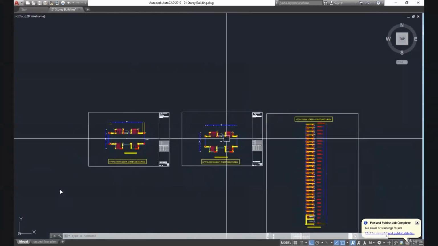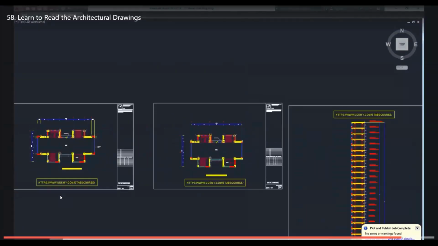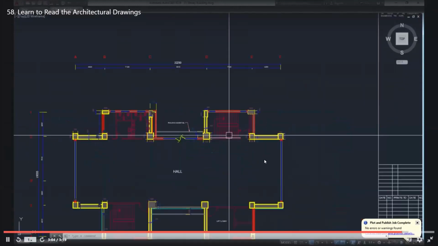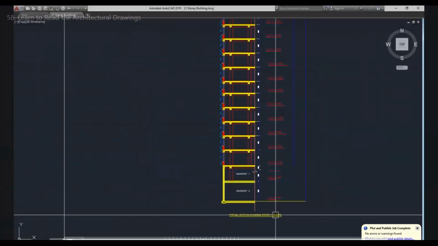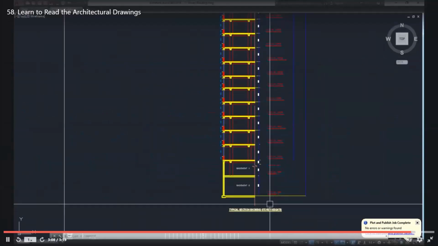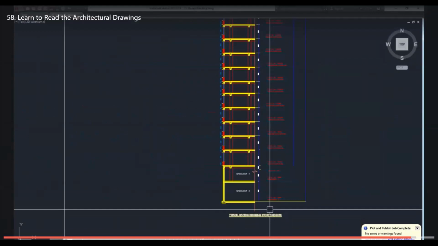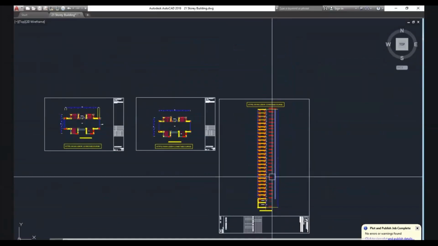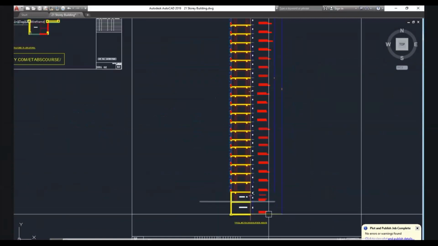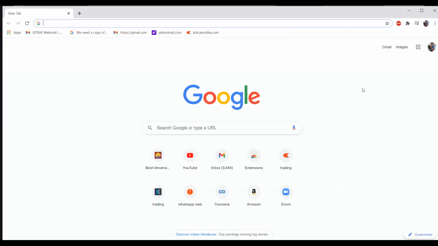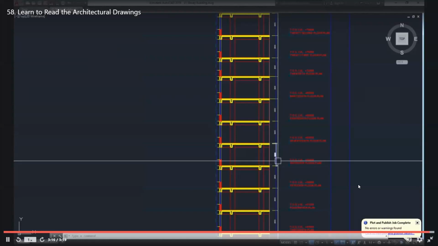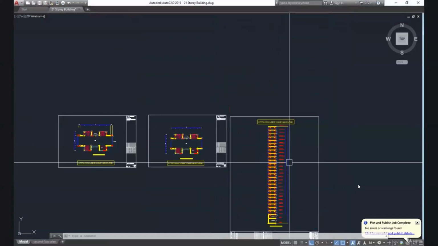So this architectural plan is clear to us now, and we are now clear what the total number of floors is and what the floor height of the building is.